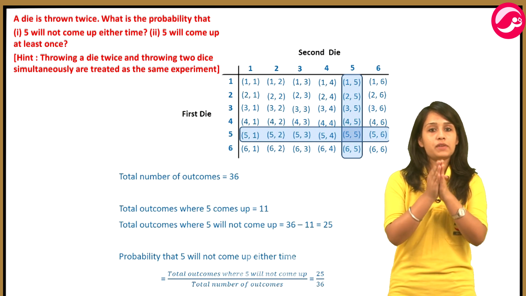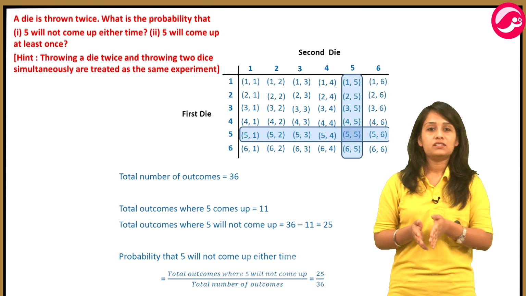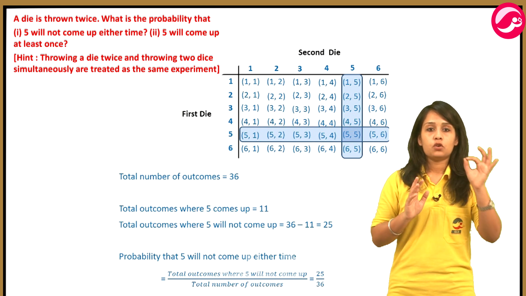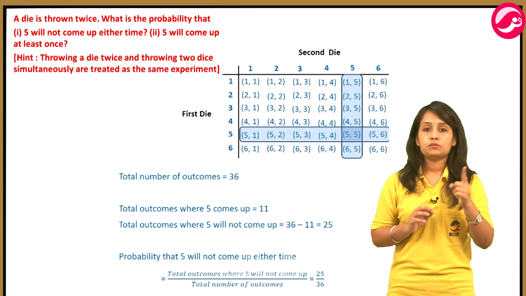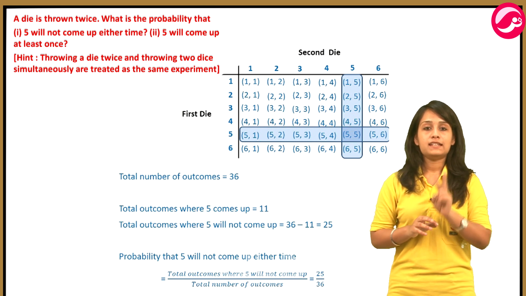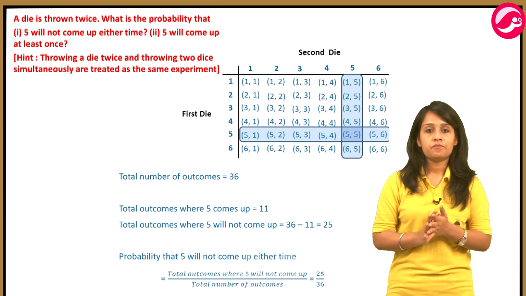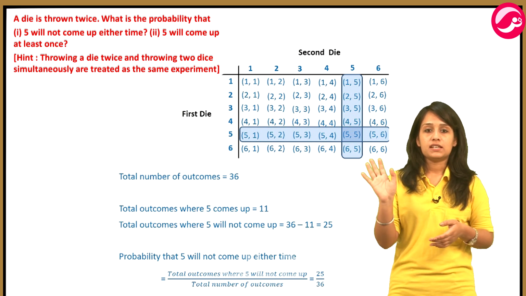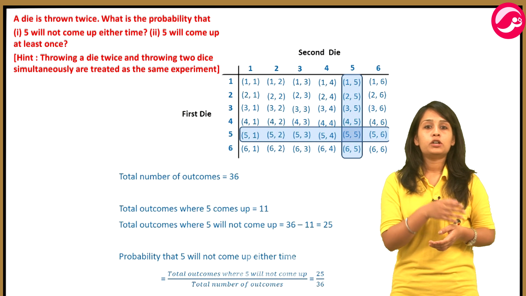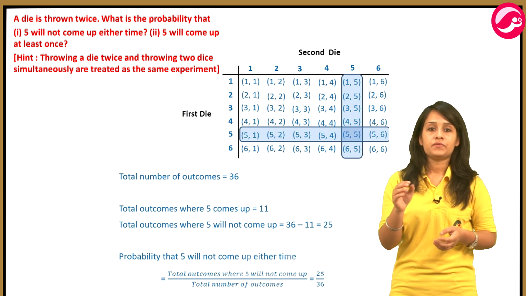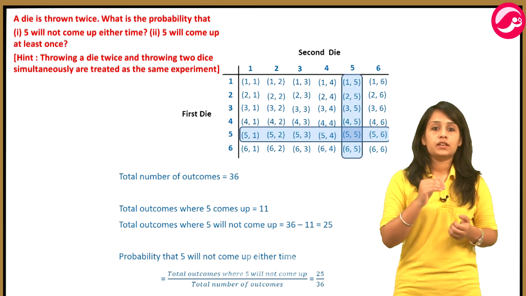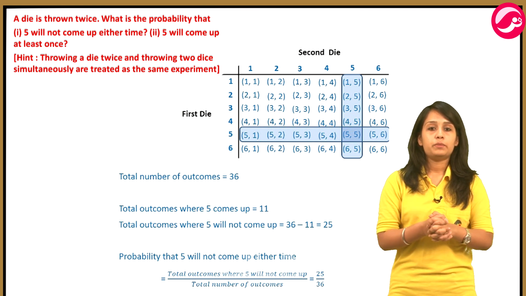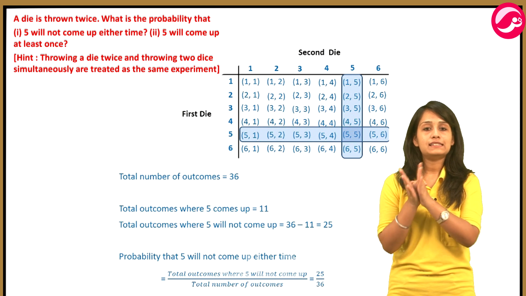So here too we can make sets 1,1, 1,2, 1,3 up to 1,6. यहाँ पे 1,1 का मतलब है फर्स्ट टाइम थ्रो करने पर भी डाइस में 1 आया और सेकेंड टाइम थ्रो करने पर भी डाइस में 1 आया. Similarly we can write 2,1, 2,2 up to 2,6. Then 3,1, 3,2, 3,3 up to 3,6. In making such sets we get in total 36 sets. So total number of outcomes will be 6 into 6, that is 36.